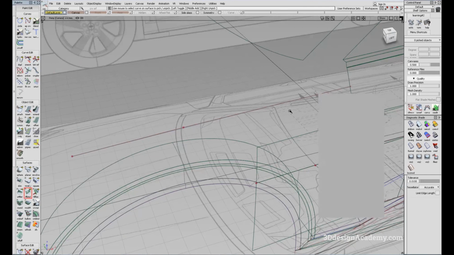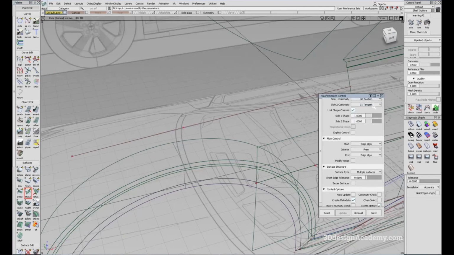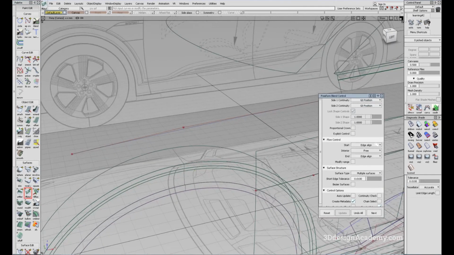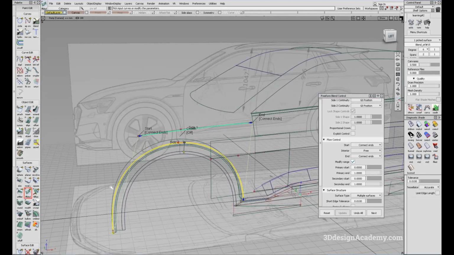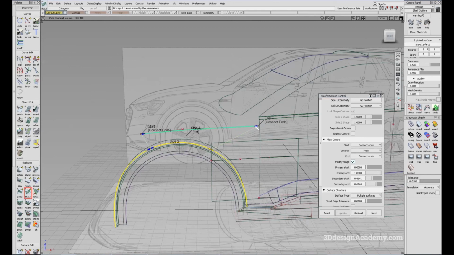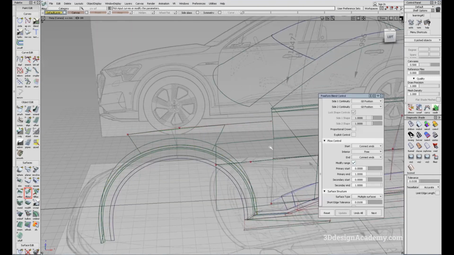Okay, so now I'm just going to create a surface that connects between these two edges. So I'm going to say position, position. So this one, you might want to change the connect ends, and I'm going to say modify range. I'm just going to connect these two like that, and bring it around like that. Now this one doesn't have to be exact. We're just creating a surface. So just bring it somewhere like that. And this one, maybe bring it somewhere like that. We're just trying to create a surface here